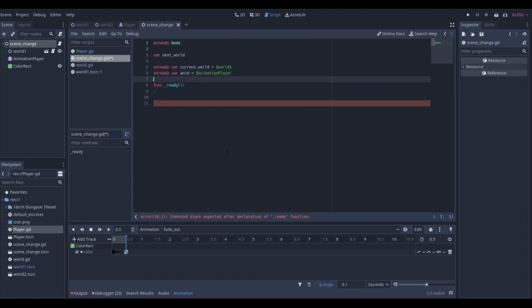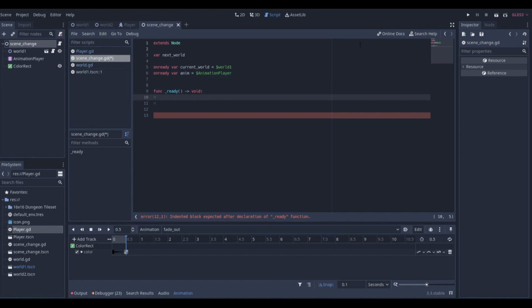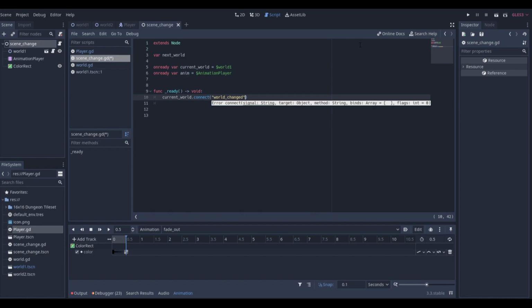Now, for our ready function, first thing, let's make this a void, and then we're gonna wanna connect to a function so we can handle the world change, and we can swap. So if we're on world 1, we go to world 2. If we're on world 2, we go to world 1. So we'll do current world, which is a variable we made, dot connect, and then world changed, and then we want to do self,